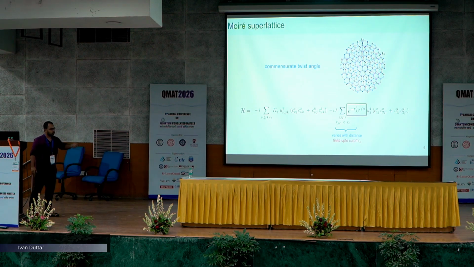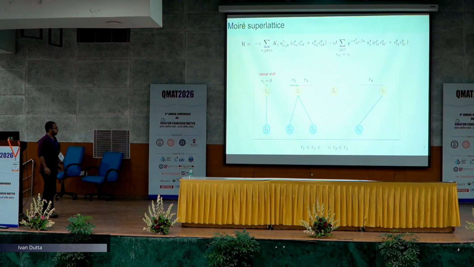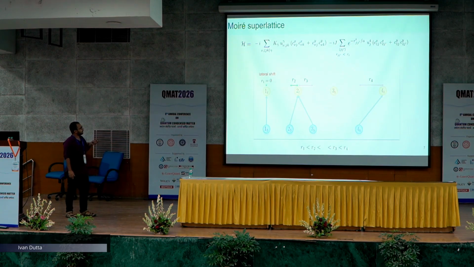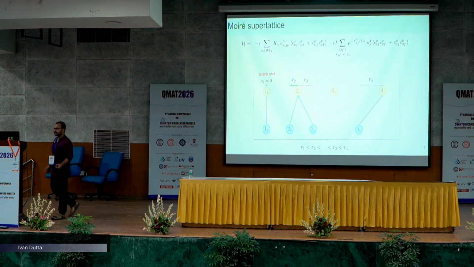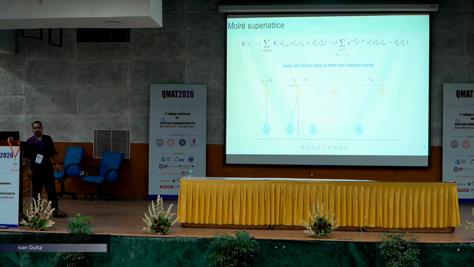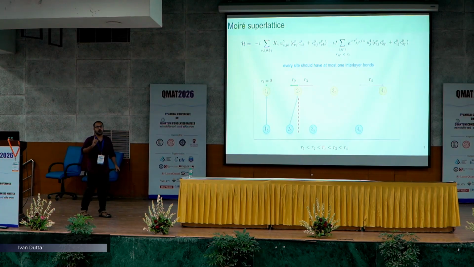But along with this, I also introduced a cutoff, and you can see why I have introduced this cutoff. For my interlayer bonds you can see two situations, the blue is the bottom and the above is the top. There can be certain cases where the bottom and top may be connected by two interlayer bonds, but that is the problem. We always want every site to have at most one interlayer bond, similar to the bilayers, and so we have imposed this cutoff and neglected all the weaker couplings from this bilayer.